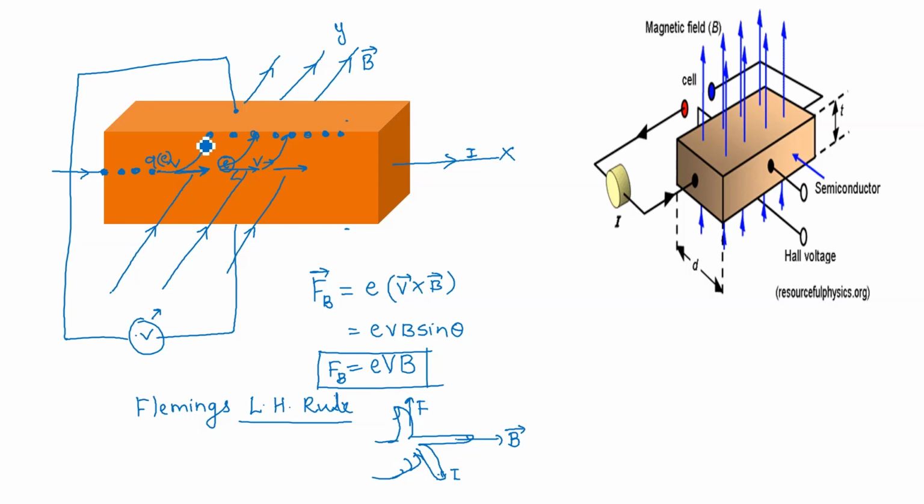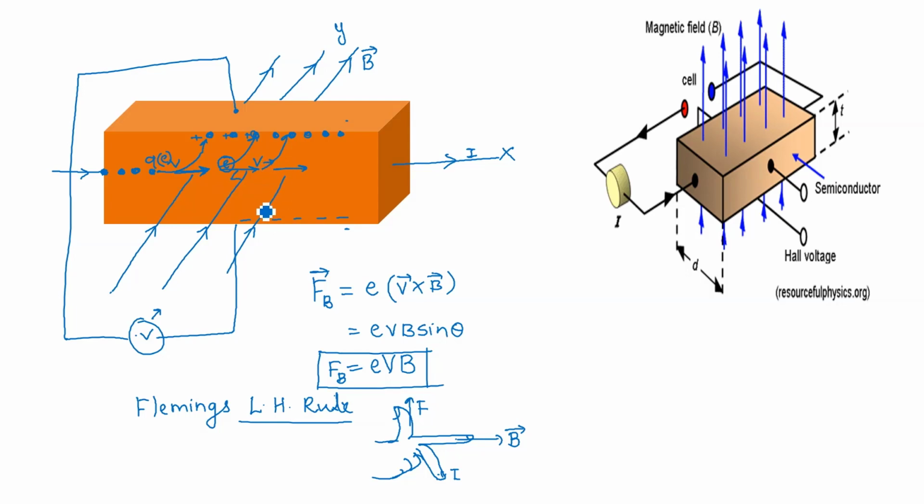If this is positive charge accumulating at the top surface, then by induction a negative potential will be developed across the opposite surface. It means a potential difference is generated across these two surfaces,